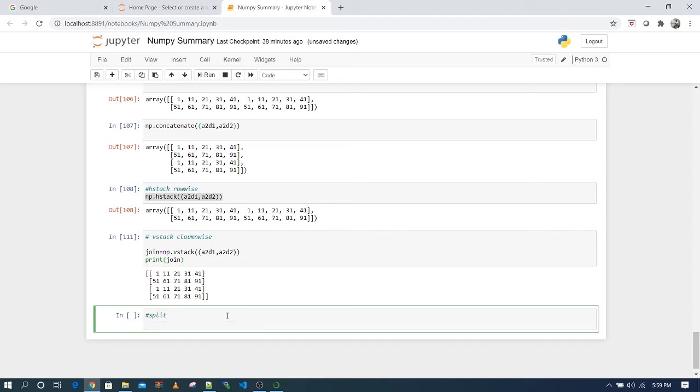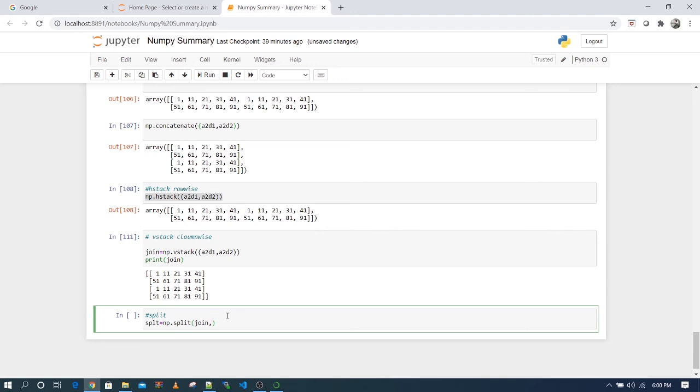So suppose I have taken splt and I have passed numpy and the split function, np.split. Now you want to pass which matrix you want to split, and then you need to pass one more parameter, which means in how many parts you want to split this matrix.